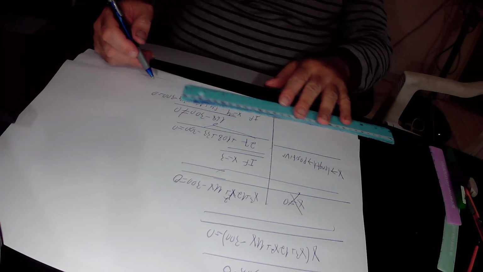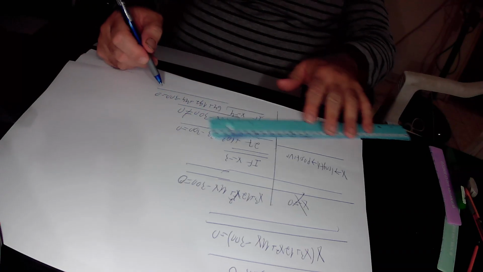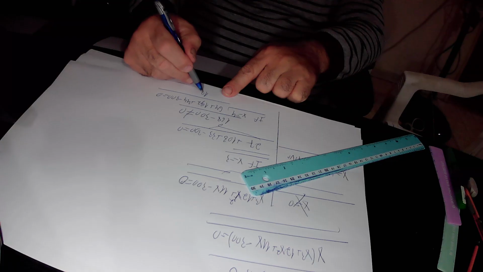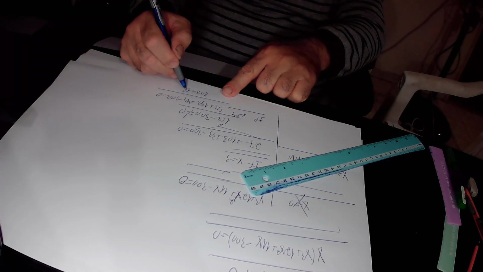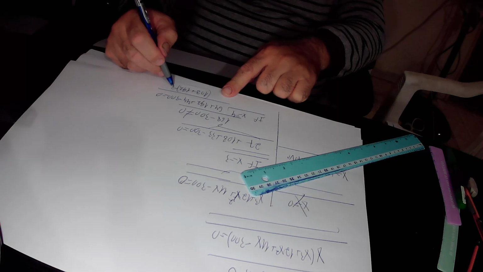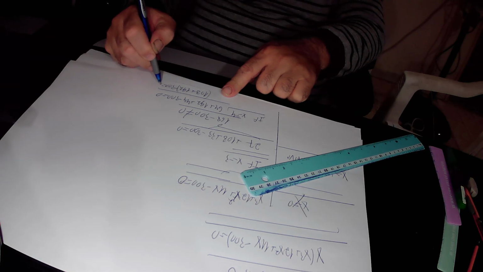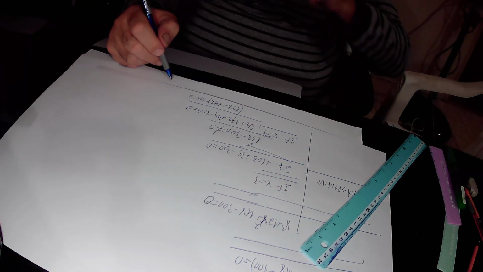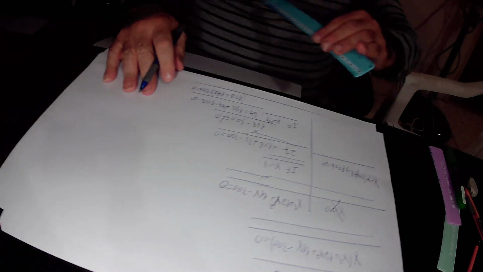64 plus 44 is 108. 108 plus 192 is 300, and 300 minus 300 equals 0. So x equals 4 is the solution of this equation. And therefore,